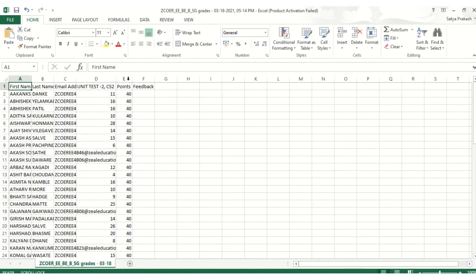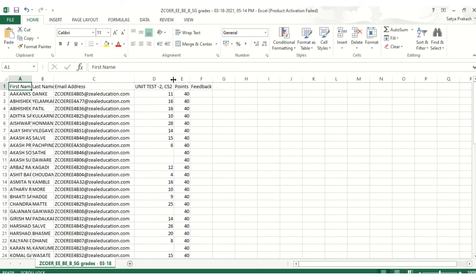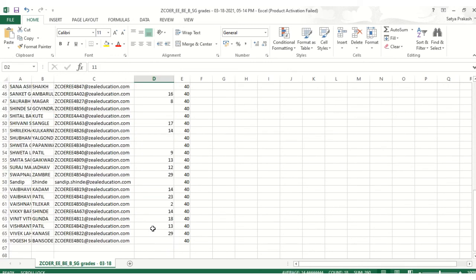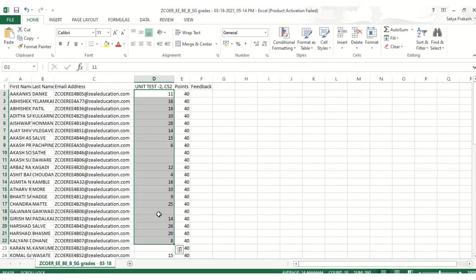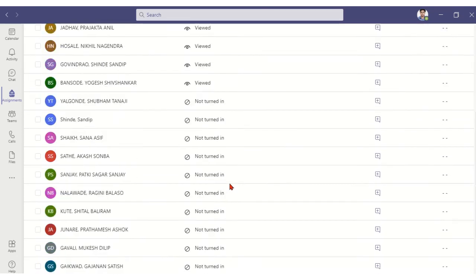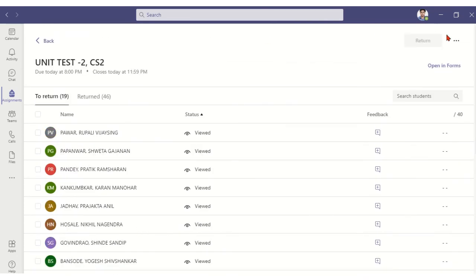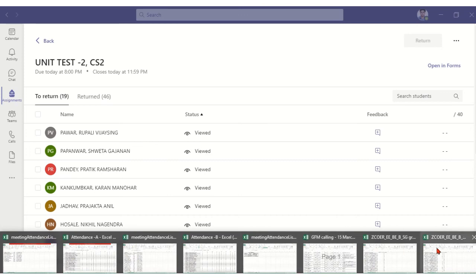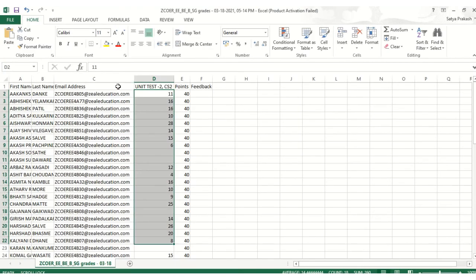Now here you see the difference. Now do you find the marks over here? Yes, now I have the marks over here, those who have submitted. So this is how at a single click you can get the marks, and you can download this sheet multiple times. So you don't have to worry, you just keep on returning the student marks, and once you are done with all the students, then you can go to these three dots and you can export to Excel, and this is how the result will be generated very quickly.